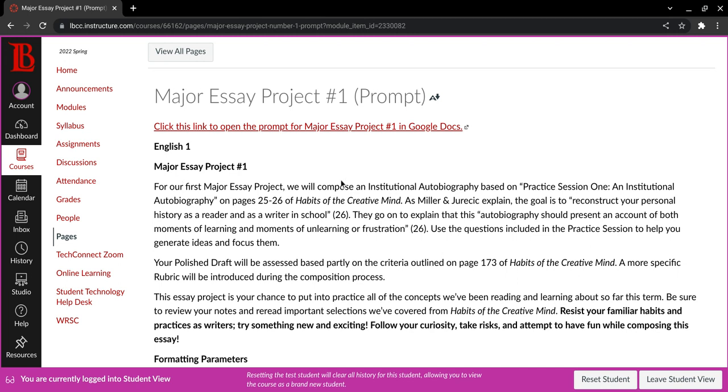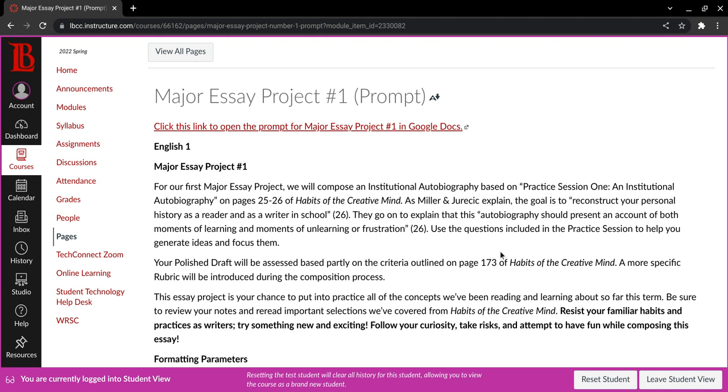English 1, major essay project number 1. For our first major essay project, we will compose an institutional autobiography based on practice session 1, institutional autobiography, on pages 25 and 26 of Habits of the Creative Mind.